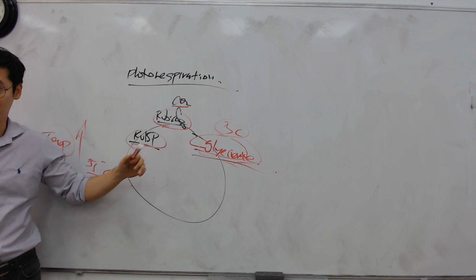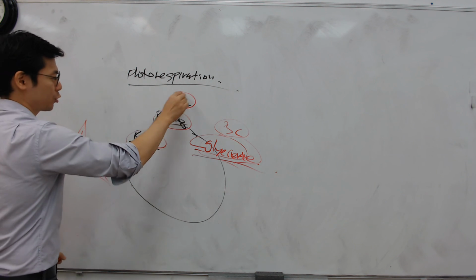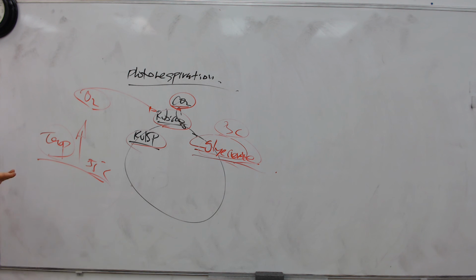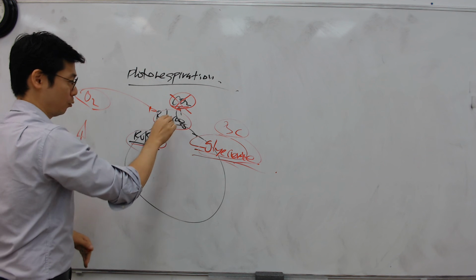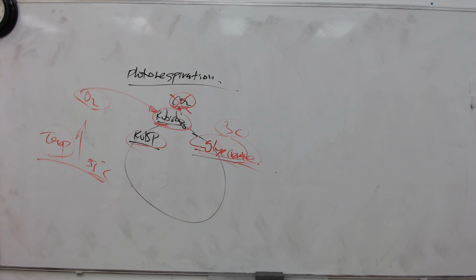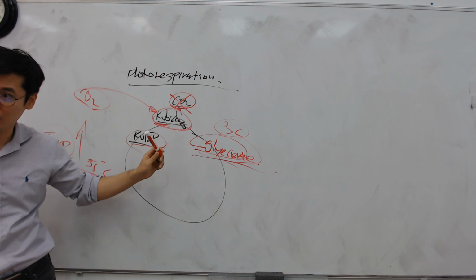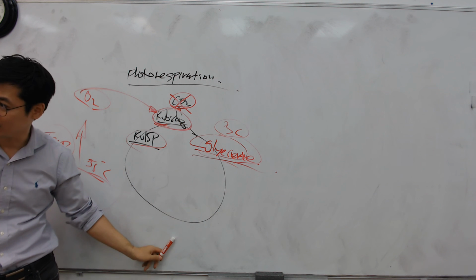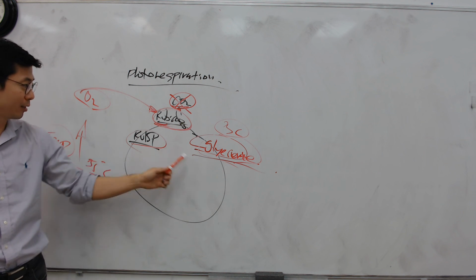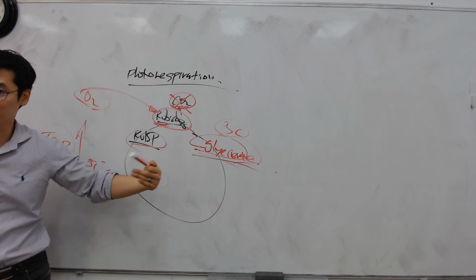Just like Rubisco messes it up. Instead of bringing in CO2, when temperature goes up, what happens, guys? They bring in O2 gas. That's a big problem. Rubisco has one job, and instead it's bringing O2 gas. You understand what I'm saying? Think about it: if you put O2 gas in there, are you going to get G3P? Absolutely not. They think they're gonna get this, but they're getting something else.